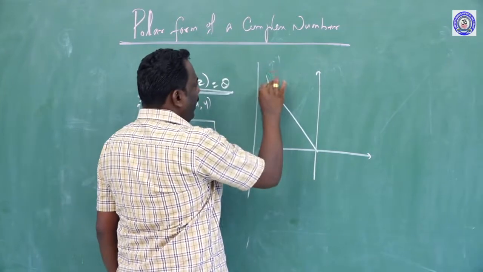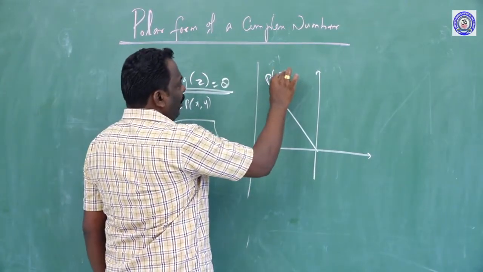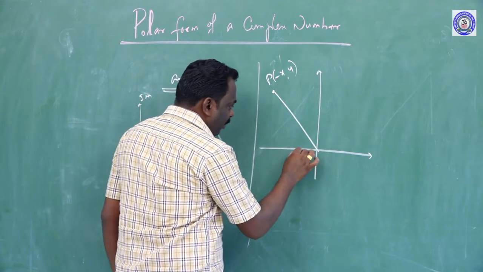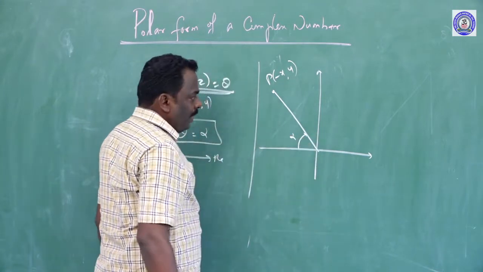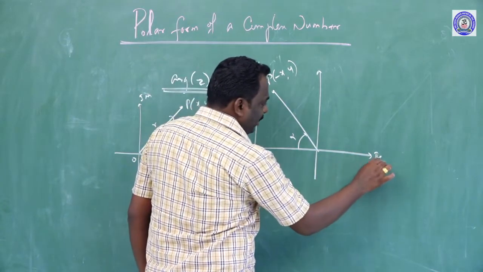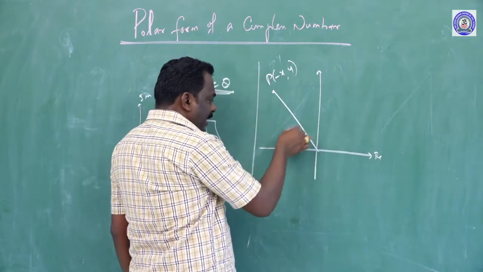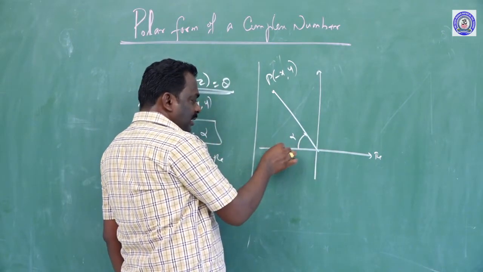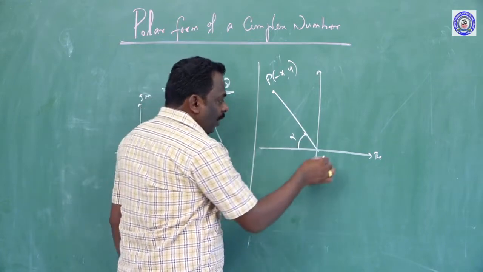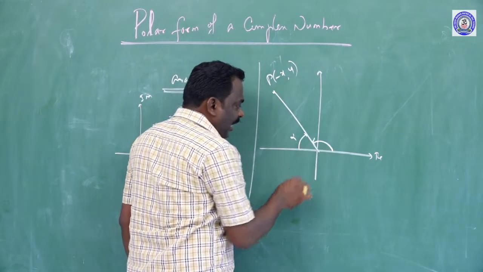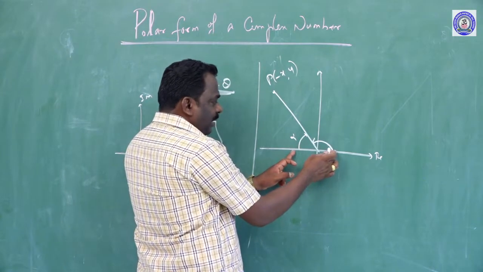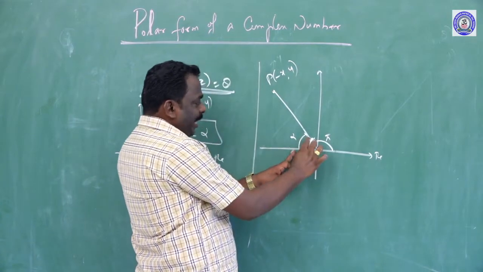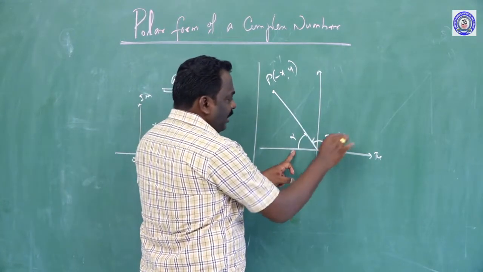The point P lies in the second quadrant, as minus x comma y, and the line makes an angle alpha with the real axis. From the origin along the real axis, the total angle to the opposite side is 180 degrees, which is pi. So the total angle from 0 to the line is pi, and subtracting this alpha value gives pi minus alpha.